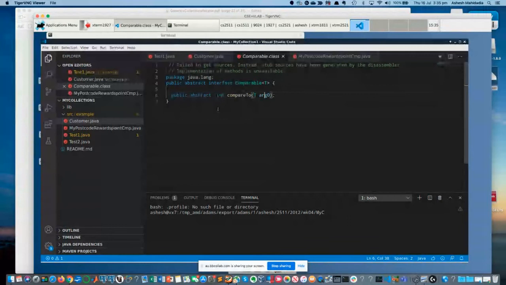Now what I'm saying is, just take the two postcodes and deduct one from the other. So remember, if both are the same, this will be 0. If this postcode is greater than the other postcode,